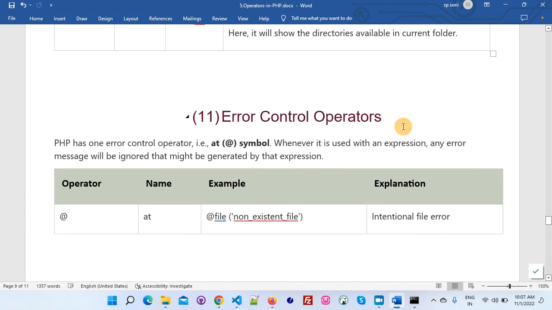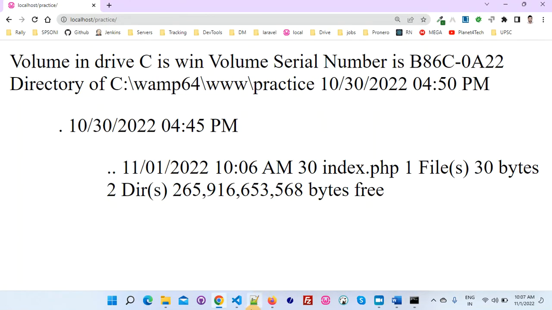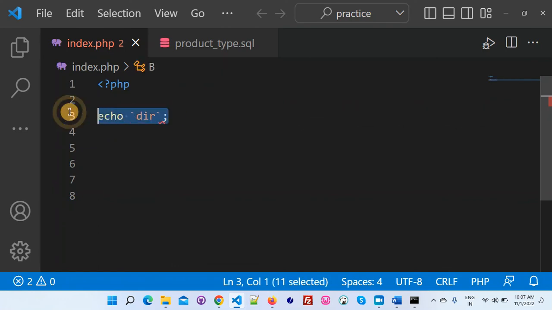Now the next operator is the error control operator. Error control operators mean, let's suppose there is something which is going to be used in our future code and that particular line of code is not available, or we are sure it is going to give you some error. At that time you can control the error. Let me show you one example here. I'm going to include one file here which is not available,